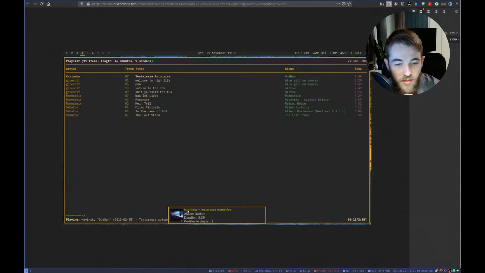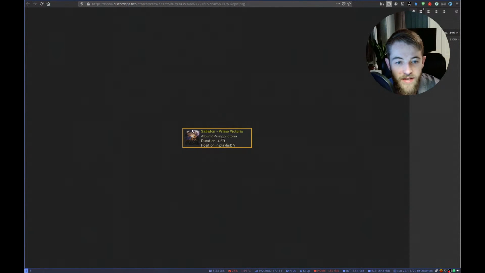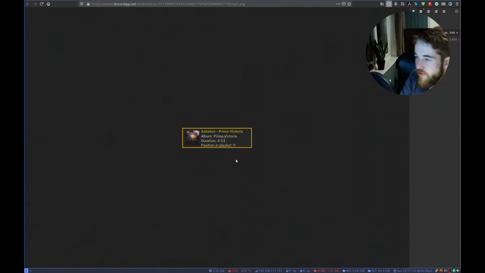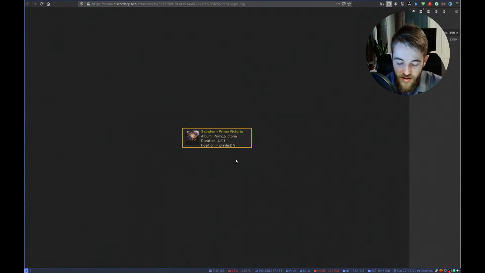And yeah, he pulls out a lot of information about the stuff that he's playing, and even the album art here. So that's really cool. This is the kind of stuff that I really like with Notification, because this isn't something you would necessarily be able to do with a normal freedesktop notification system.